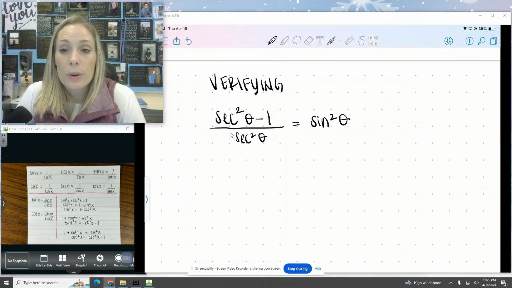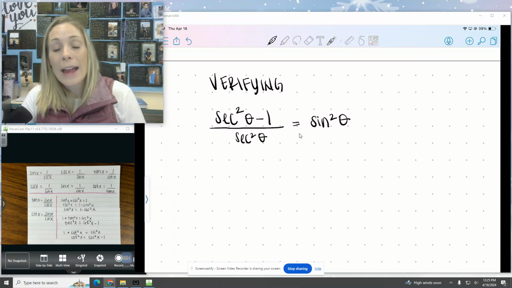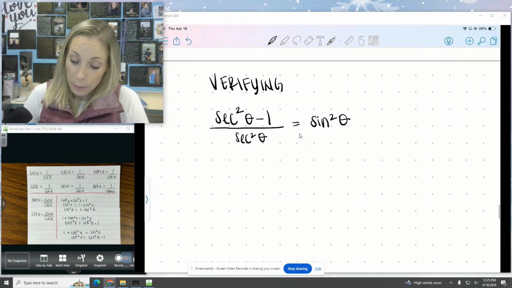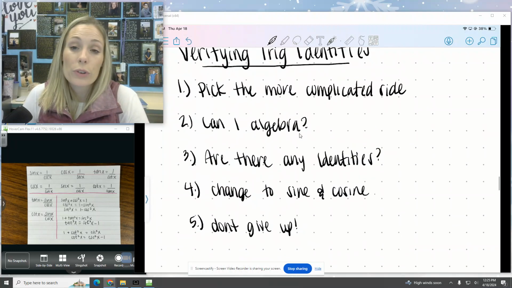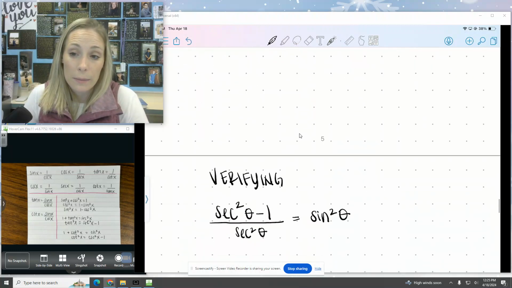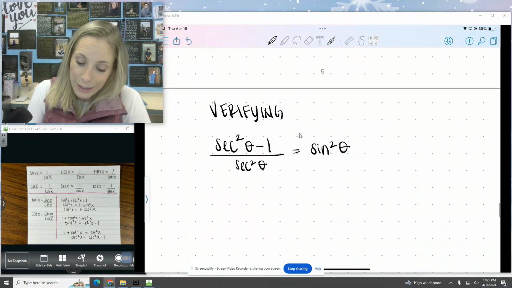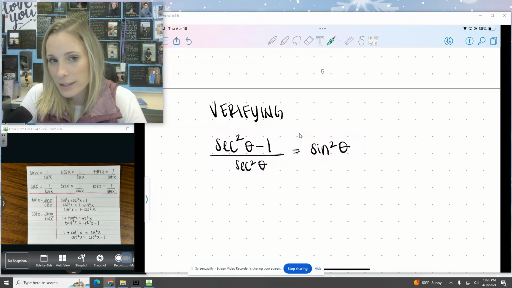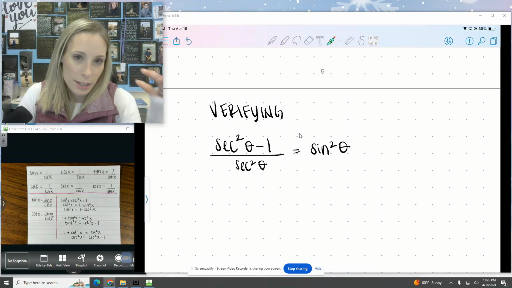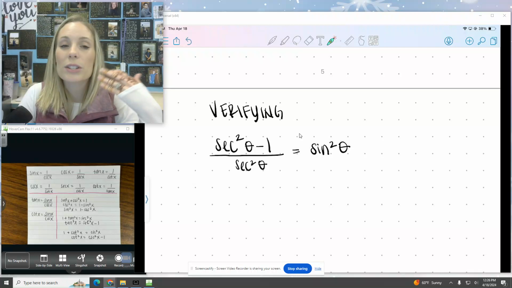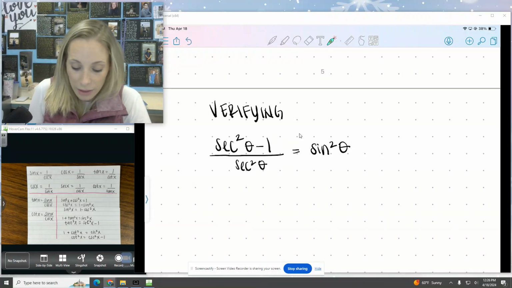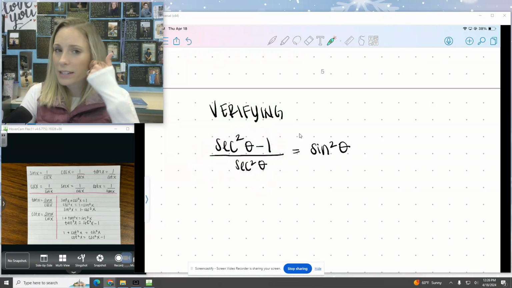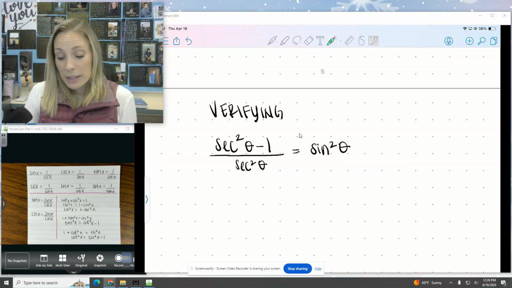So we have to go through step by step. Why is this the same thing? Just like we wrote down up here, our first step is to find the more complicated side. This one's pretty easy to determine. This is obviously more complicated than sine squared of x. Sine squared of x is easy to plug into Desmos, it's easy to plug numbers into, it's easy to visualize. This is a little bit harder. So we're going to pick the left-hand side as the more complicated side, which means I'm not allowed to touch